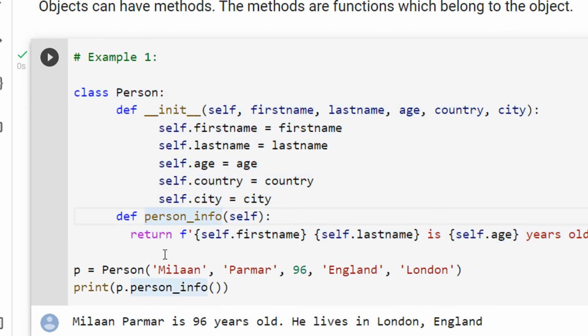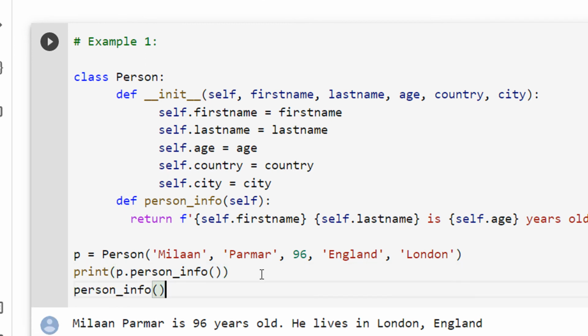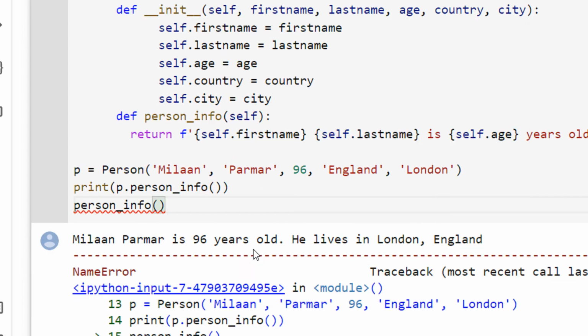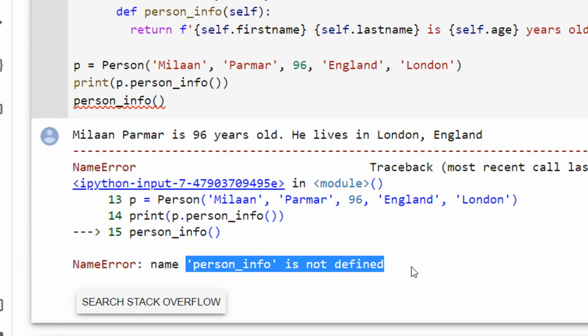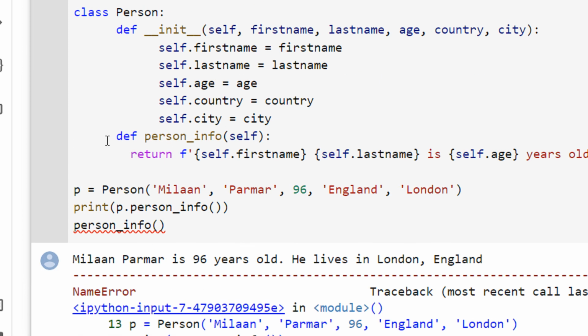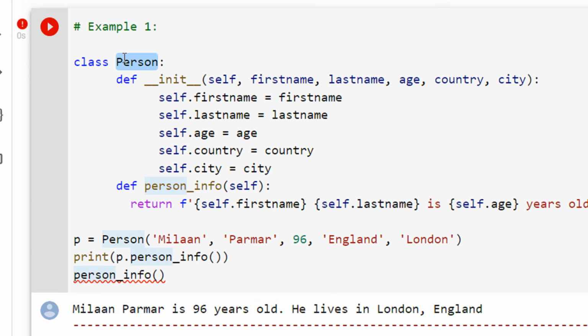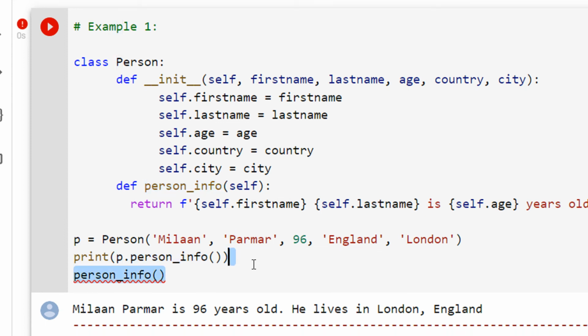For example, let us try to call this function directly, the traditional way we call functions. It will pop an error. It will say name person info is not defined. Now you may say that we have defined it here. But this definition is inside the class and you can only invoke it using the object of that class, for example p.person_info.